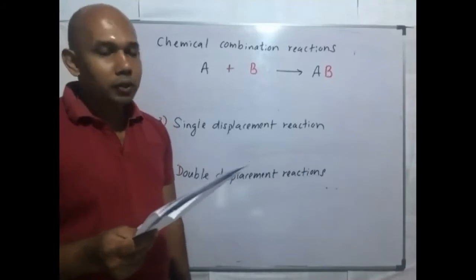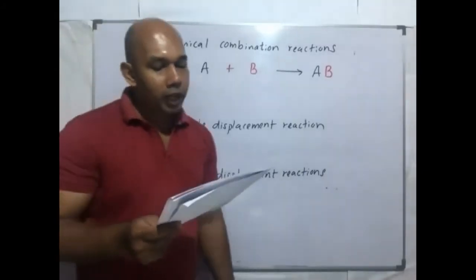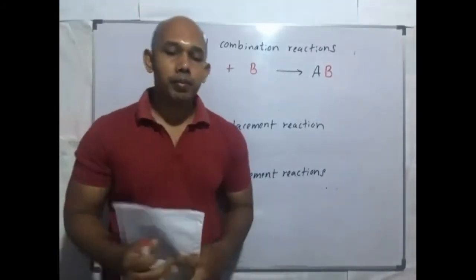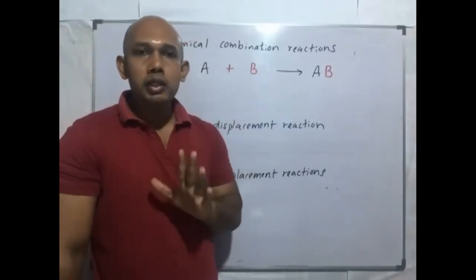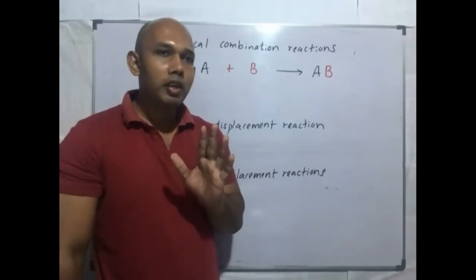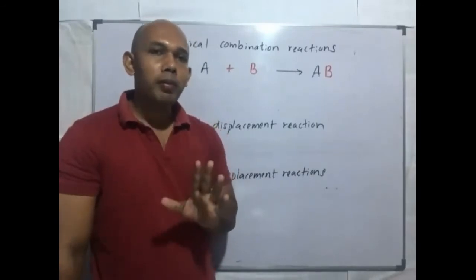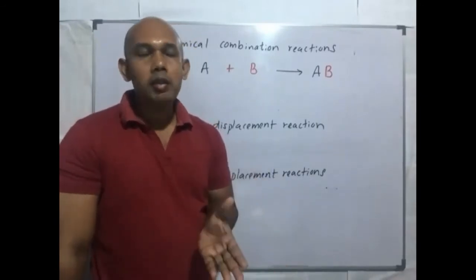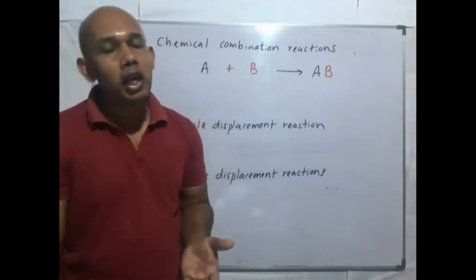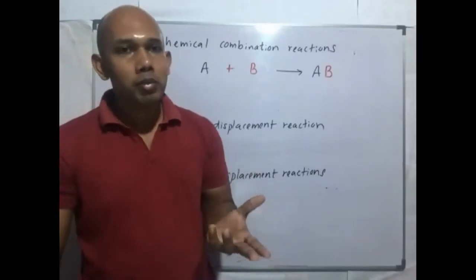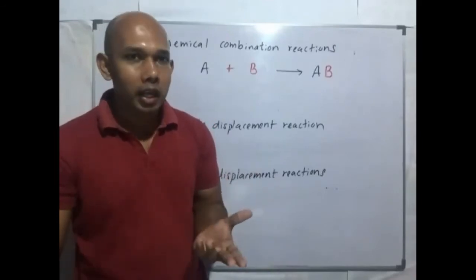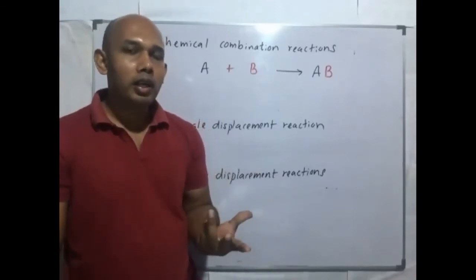Right, for the first one, example for chemical combination reaction. When we write the chemical reaction, a few factors need to be considered. First one, we have to use the standard symbol, and write it in the correct method. For example, sodium, capital N, simple a. You cannot write capital A, right?